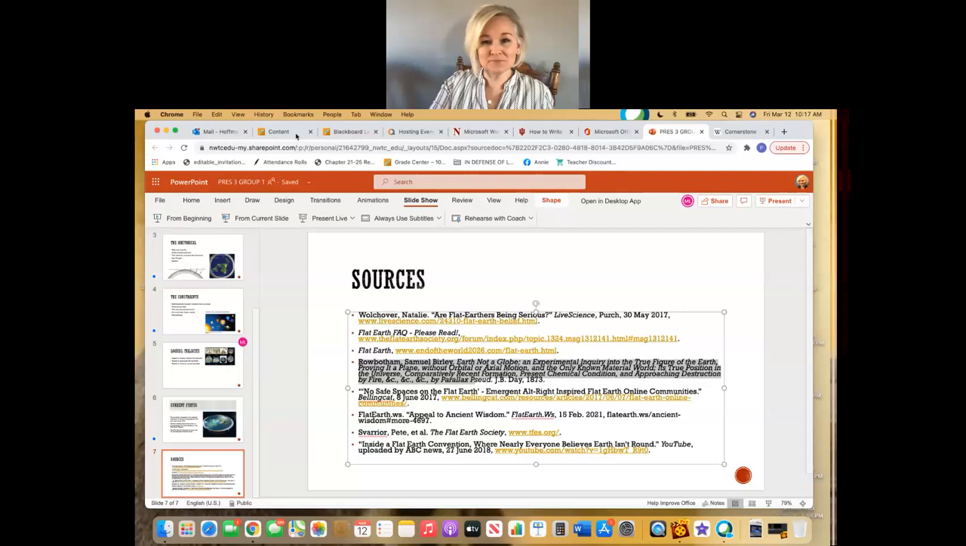I did get an email. It looks like there may be connection errors on the school side here. Okay, so while that's loading up,